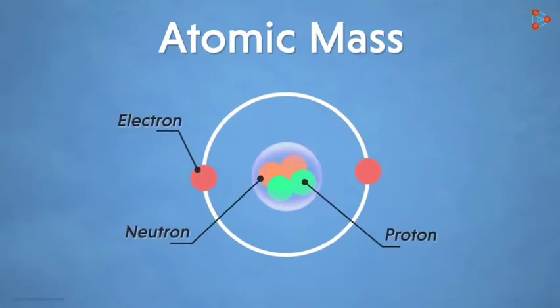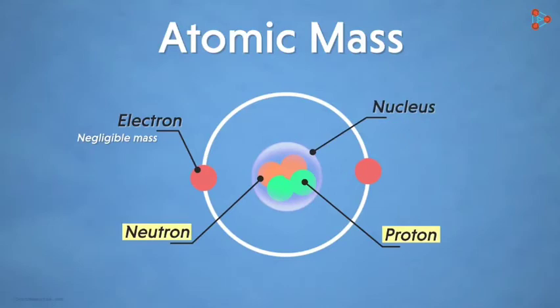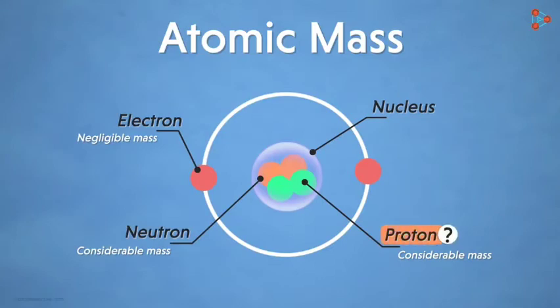But we know that among all the subatomic particles, electrons have negligible mass. That is, they are considered to be almost weightless. So what are we left with? Yes, we have both protons and neutrons in the nucleus. And these two do have some amount of mass, as we know. Now tell me one thing, which among these two particles should be considered? Shall we consider only the mass of protons or only the neutrons? Or both together? Well, since both have a significant amount of mass, we will consider the mass of both together.